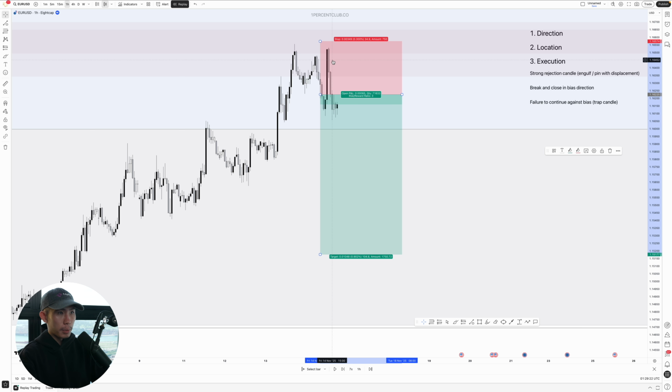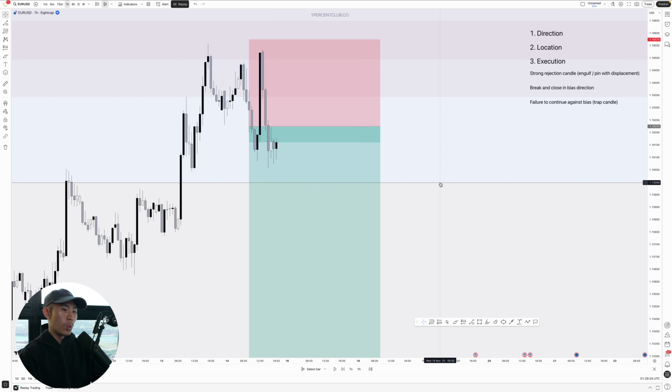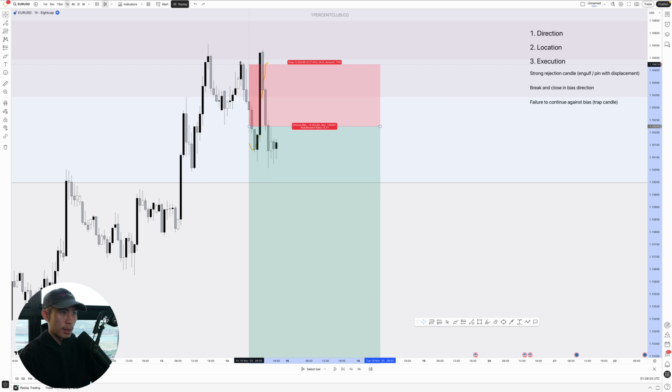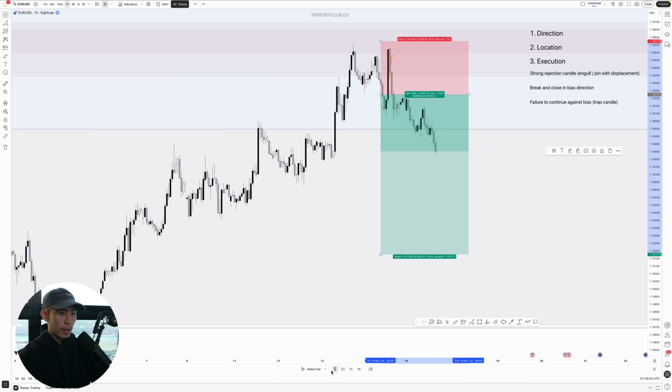All right, later on price went up there. You can see what happened over here was that price went up there and tried to retest the previous rejection candle itself, which means that if you place your stop loss at the wrong place, like let's say below or above here, you would be stopped out just for price to go your way. All right, so in this case, we are still in the position itself. Let's just continue to see how price reacts, whether there is sufficient supply in the market.